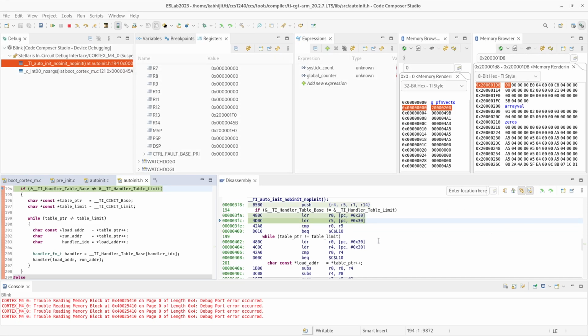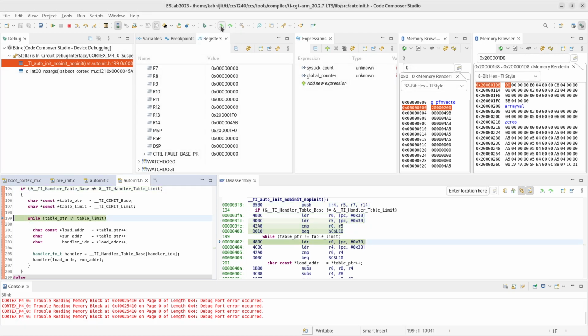Okay, so this is basically the function that does the initialization. There are these data tables which this code is going to copy. So let's just take a look at how it's doing that. Assembly step into, and it's basically checking if there are some table pointers,